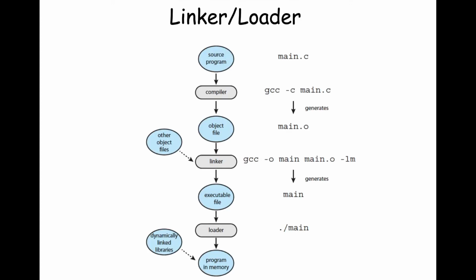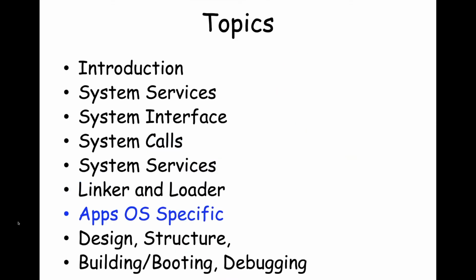Okay, so when we last left off, we talked about the compilation, the process for building a C program. You start with your C source, you compile it with GCC to produce an object file. You paste that object file together with the system libraries to form your executable. You run your executable and the loader brings it into memory, and if you specified dynamic linking, it also loads the libraries associated with the system calls and other services that your program uses. So let's continue on and look at